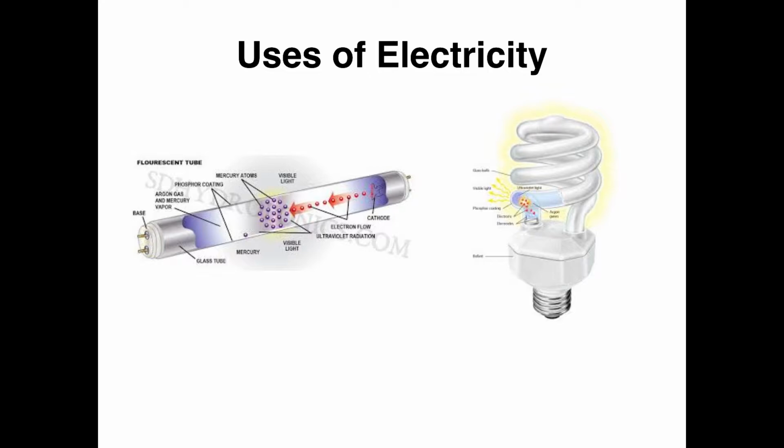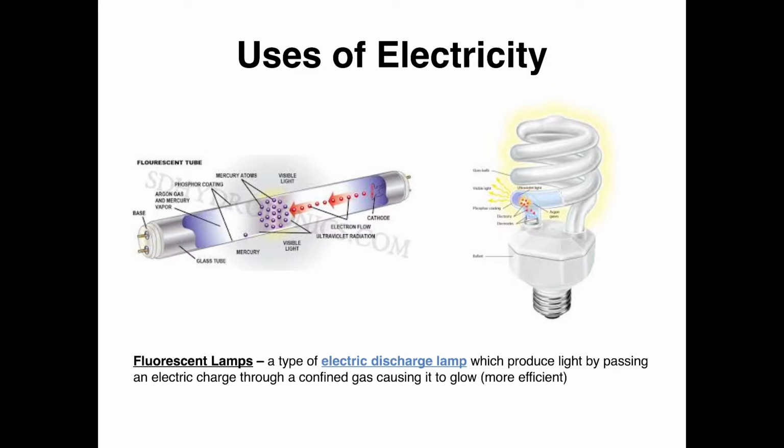It can also be used, sodium can also be used in this situation, in which case it generally glows a more reddish or yellowish hue. Now on the right here is a typical CFL light, the kind of lights that are now used in homes, and these have replaced incandescent bulbs because of efficiency and efficient use of electricity. So a fluorescent light is also called an electric discharge lamp, which produces light because you